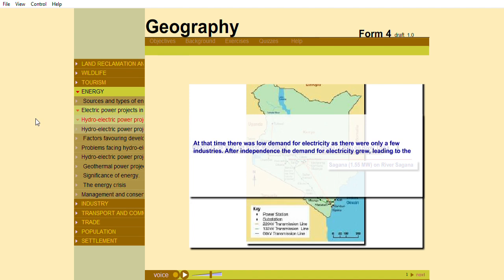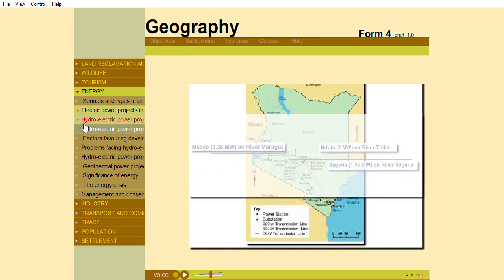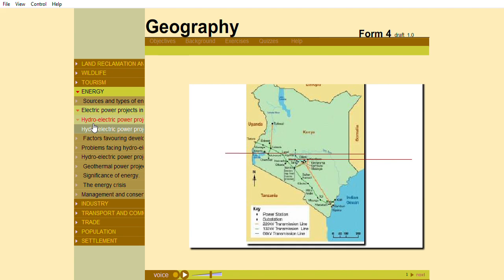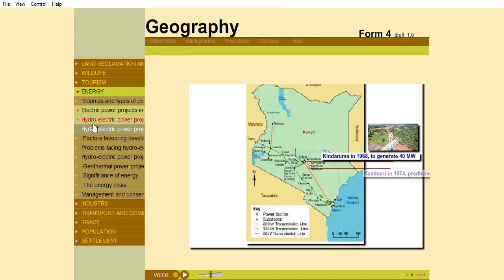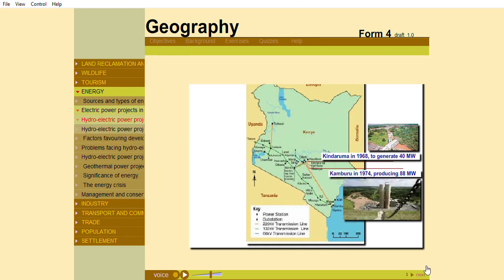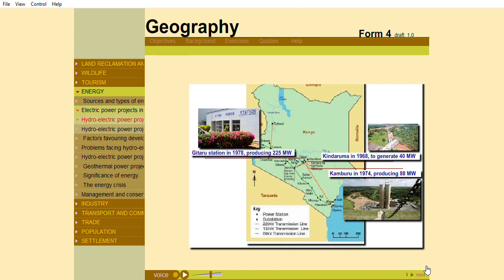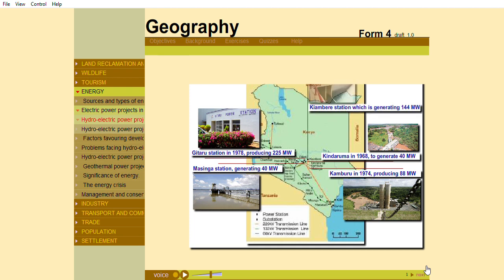After independence, the demand for electricity grew, leading to the launch of the Seven Forks scheme, where 7 sites were identified down the River Tana. The first project to be completed was Kindaruma in 1968 to generate 40 megawatts. This was followed by Kamburu in 1974, producing 88 megawatts. Then Gitaru Station in 1978, producing 225 megawatts. Masinga Station, generating 40 megawatts, was completed in 1981, followed by Kiambere Station, which generates 144 megawatts and was